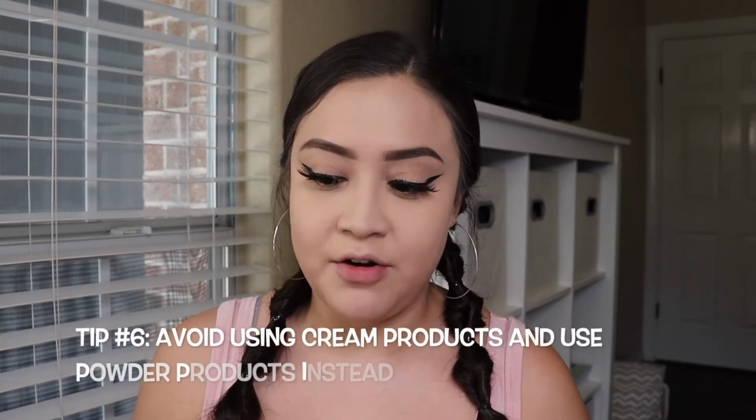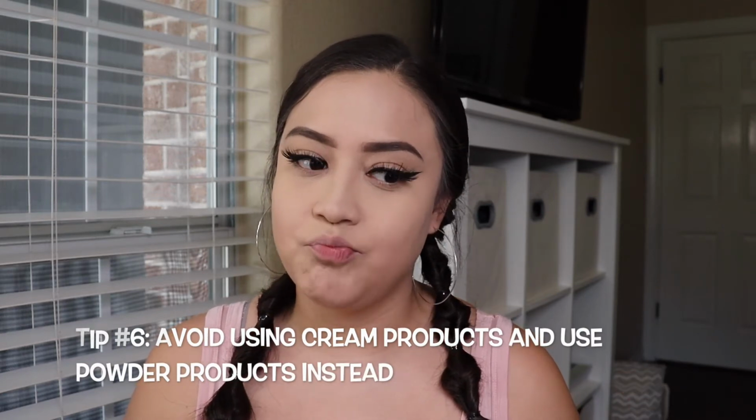Moving on to bronzer. Today I'm going to go in with the Tarte Pro Glow To Go bronzer. And I recommend, I think this is tip number 5 or 6, I don't remember, is to not use cream contour or cream bronzer, because you don't want it to get all sticky and messy, you know what I mean? So I'm just gonna go in with regular powder bronzer,